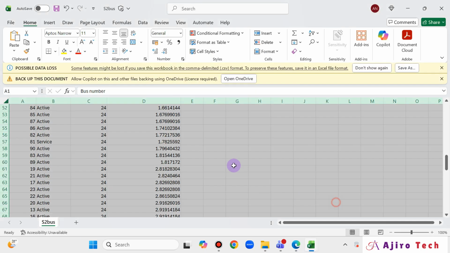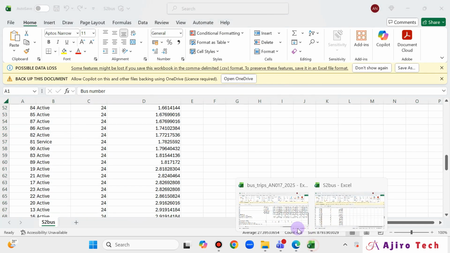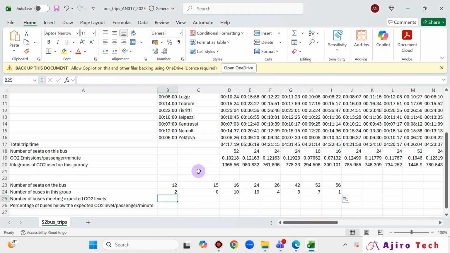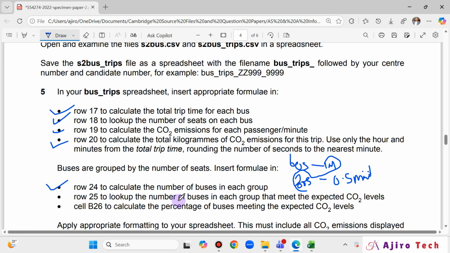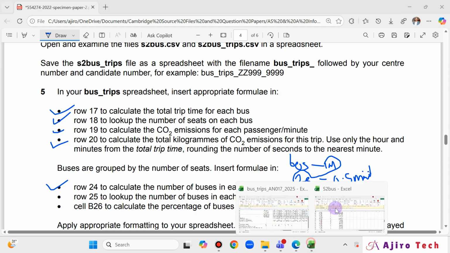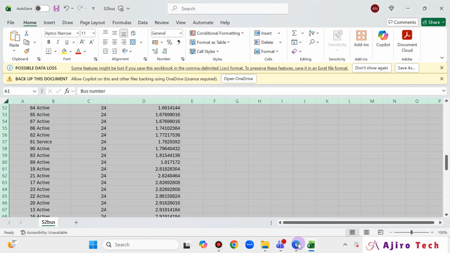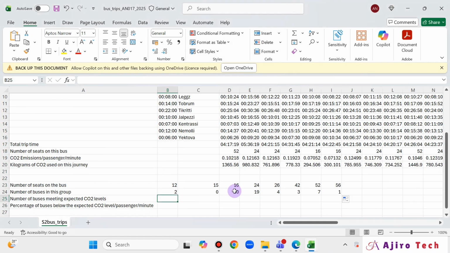It simply means that we need to now count, firstly, numbers of buses. Look at it. To want to look at numbers of buses that meet. We need to know the numbers of buses. That's one. Two, we need to also know,